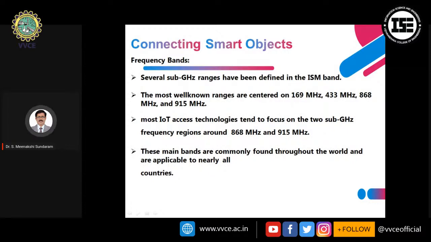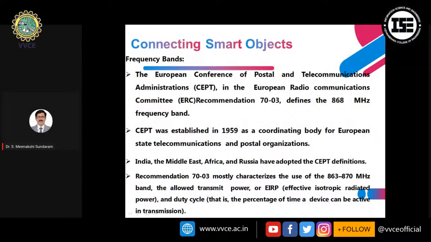The most well-known ranges are centered on 169 megahertz, 433 megahertz, 868 megahertz, and 915 megahertz. Most IoT access technologies tend to focus on 2 sub-gigahertz frequency regions around 868 megahertz and 915 megahertz. So these main bands are commonly found throughout the world and are applicable to nearly all the countries. And the European Conference of Postal and Telecommunications Administrations, CEPT, and